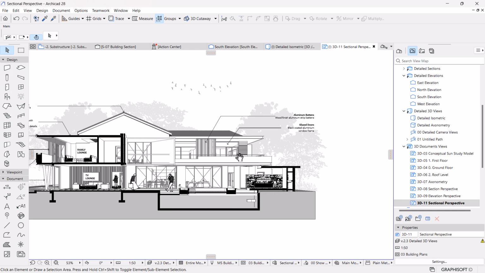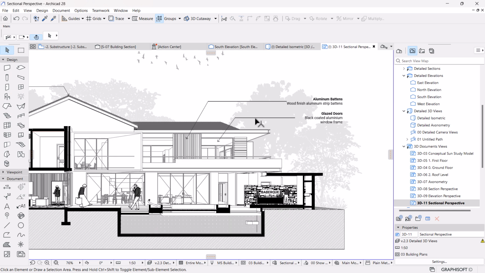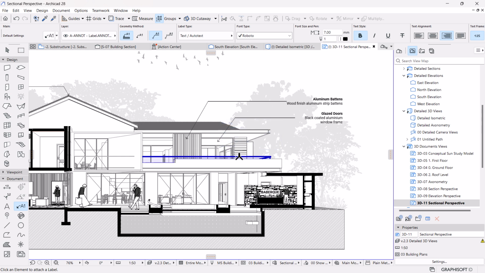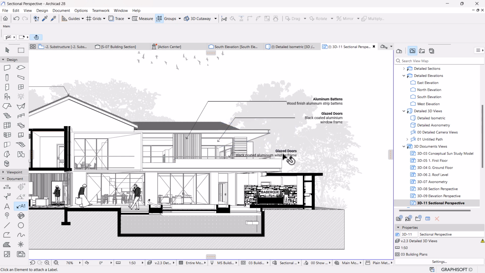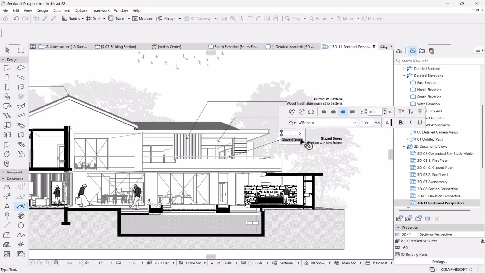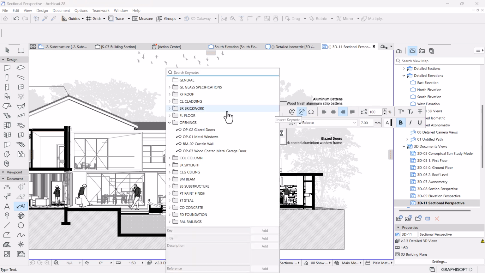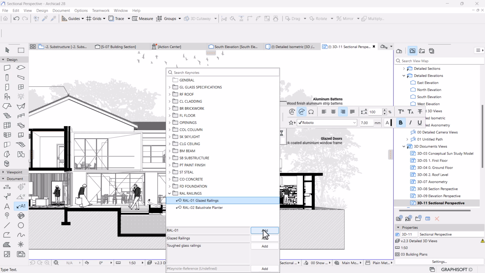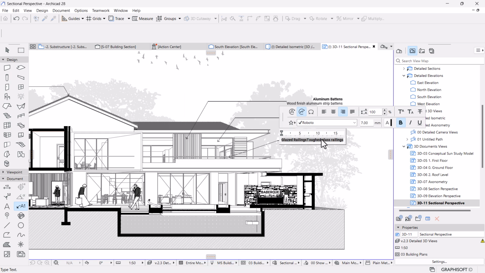And then I'll pick the balustrades, the handrail, double click, get rid of that, insert railings, glass railings, add the title, the description, then check the box, hit enter,